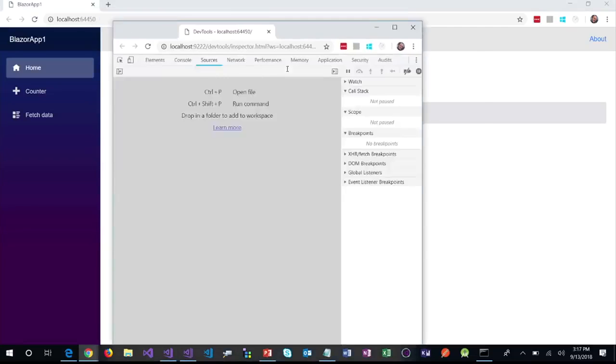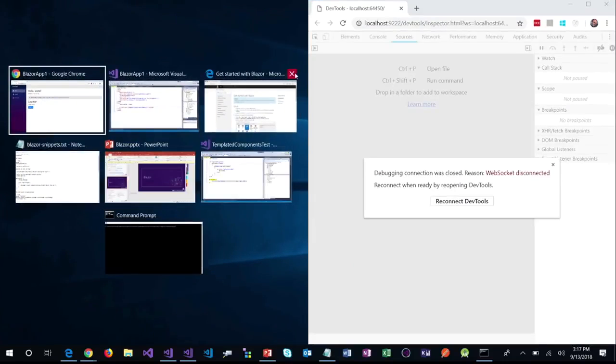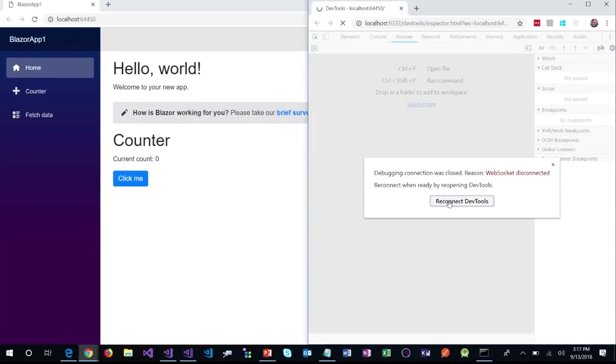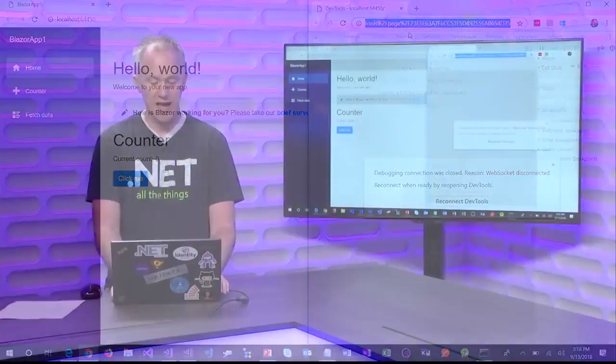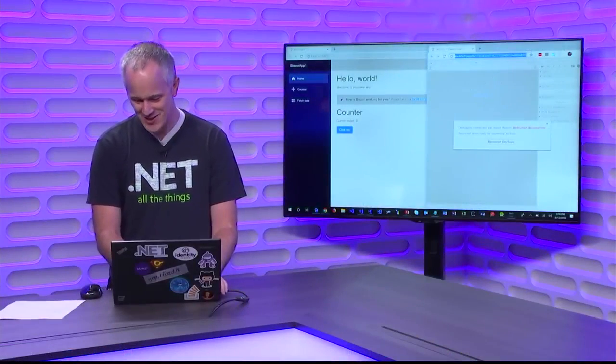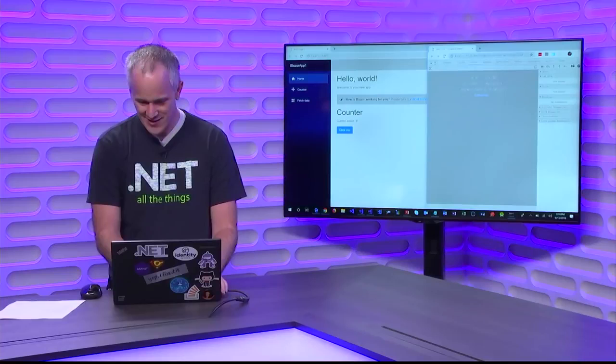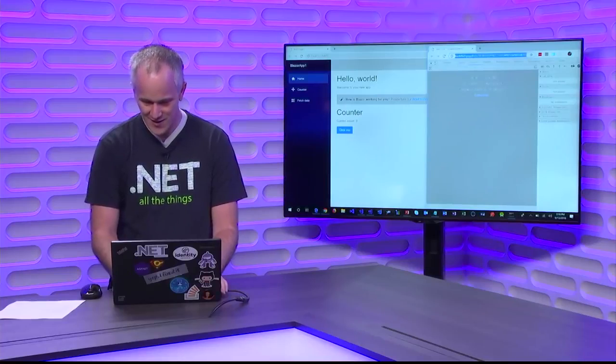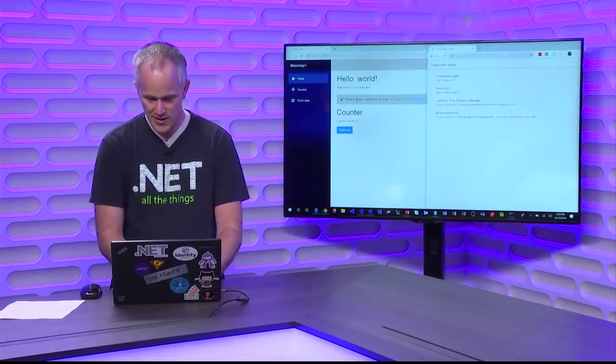Okay, so now I've got the Chrome debugging tools up. Let's put them over to the side. Oh, no. So we got this reconnect bug again. Is it going to work? Okay, hold on a second. Let's see if we can fix this. Now, the debugging support for this setup is admittedly pretty flaky right now. Right now, it's mostly proof of concept to show that it can be made to work, but there be edges. Let me see if I can just get this to clear out